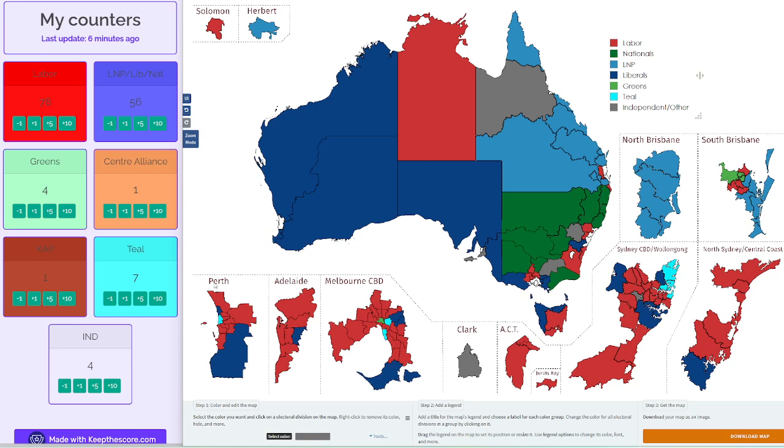So if we just first have a look at the Greens, just note that the map that I've got here does not take into consideration redistributions. So I know seats like North Sydney have been abolished, Higgins have been abolished, and then there'll be Bullwinkle in Perth. They haven't been taken into consideration in this map, as it's just the generic online one. But they shouldn't impact too much. I know North Sydney would, because it is part of that teal wave that came across in 2022, but we'll calculate with it being there.